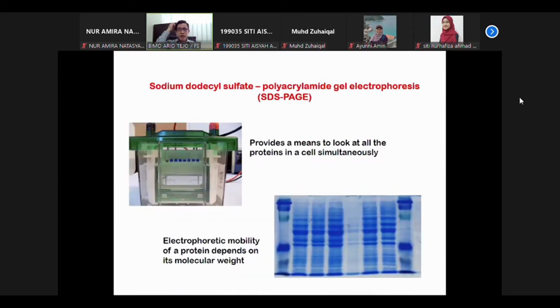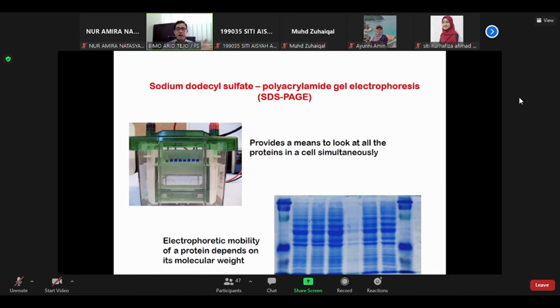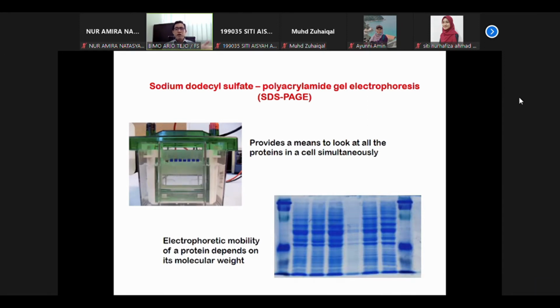So this is the experimental way to know the molecular weight of your protein, by electrophoresis. Again, as a chemistry student, you are expected to know what electrophoresis is. If you forgot, refer to your CHM 3401. Basically, this subject is an application of what you have learned in compulsory subjects. So this is how you implement the knowledge that you have learned.